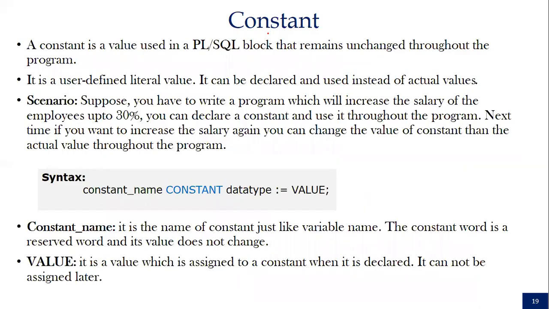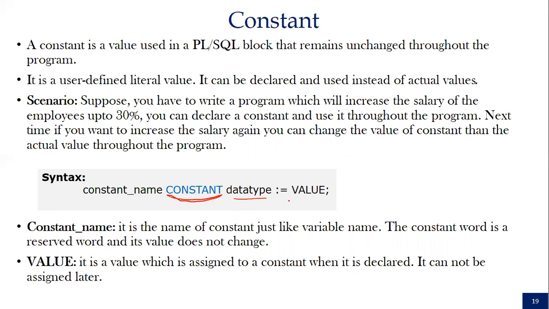Now you can declare the constant as we have seen earlier. Constant as a constraint we have declared, so we can directly declare with the variable name and constant. Here you can specify the keyword and data type. Here you can specify the value that you want to fix. So the use of constant is very much.